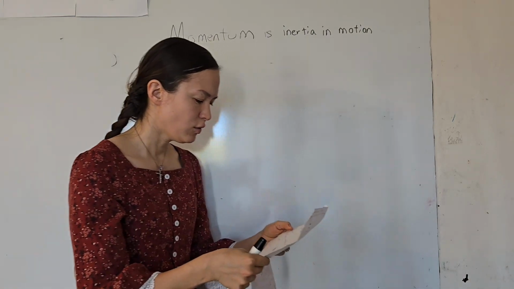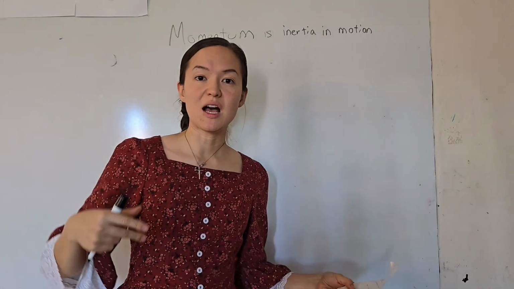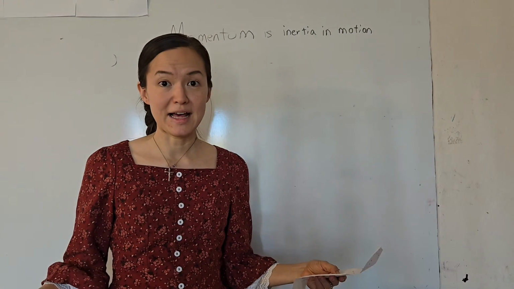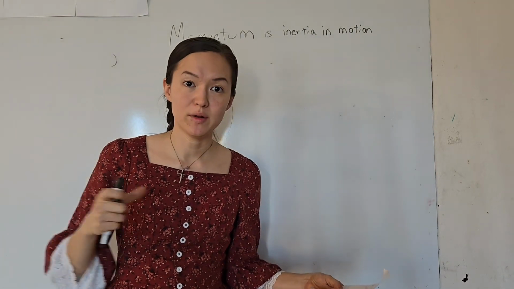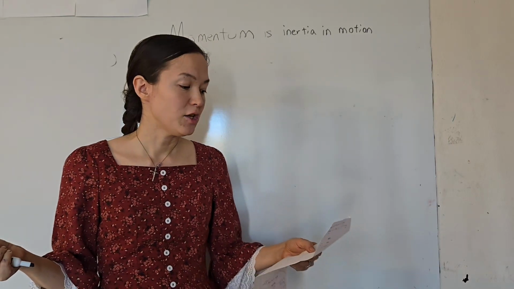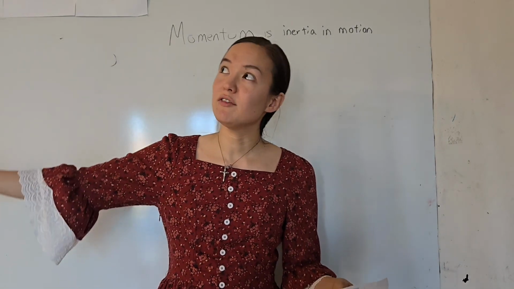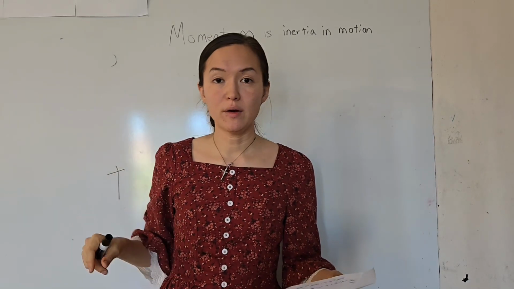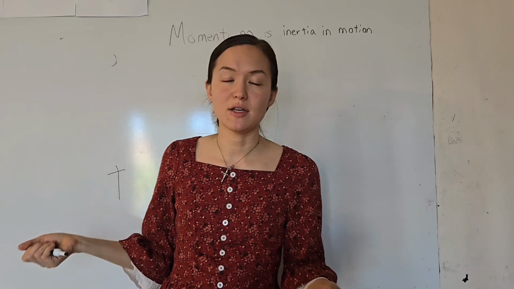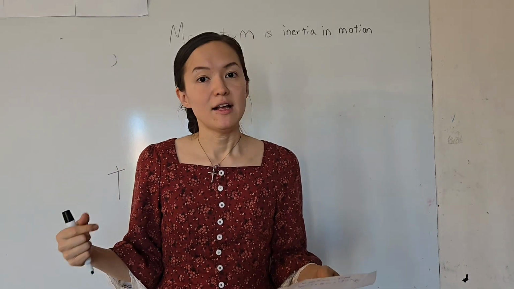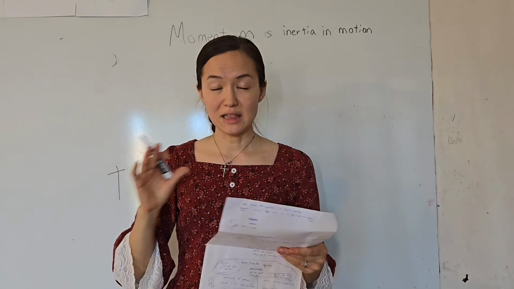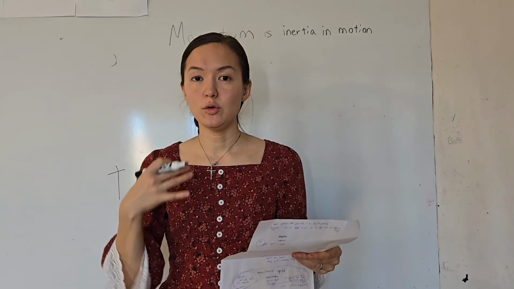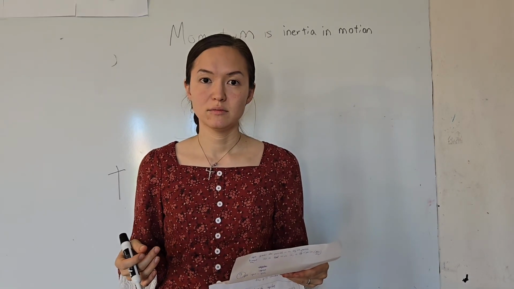That's most of where our intuitive understanding of inertia comes from, is inertia in motion. So for an example here, you know when something is coming at you with a lot of momentum that you want to get out of the way. If you see a truck barreling toward you, you want to get out of the way. If you see a butterfly barreling toward you, you just stand there. Remember that bag of concrete flying through the air toward you, you want to duck and get out of the way. When you see a pillow barreling toward you from your little brother throwing it, you just let it bounce off you. Because you intuitively understand that that bag of concrete has lots of momentum, but that pillow has very little momentum. And you instinctively know that you don't want lots of momentum crashing into you.